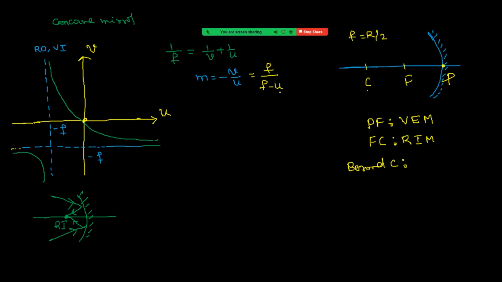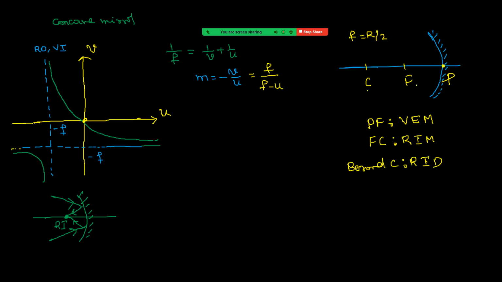If you take U value greater than 2F, this will be negative and less than 1. If U value is greater than 2F, total value negative means inverted. Total value will be less than 1. It is diminished. Since U is negative, V must be negative to make the total value negative. It is real. Okay. Because U value is greater than 2F, that's why the total value is negative, less than 1. That means the image is now